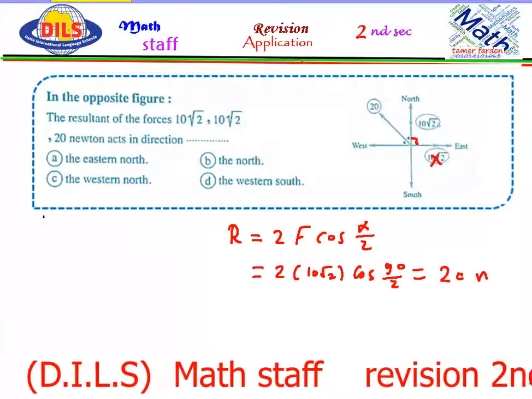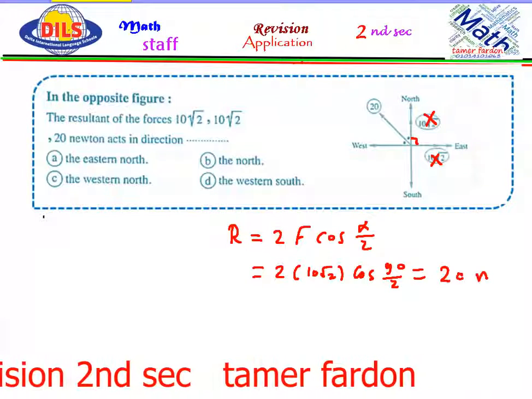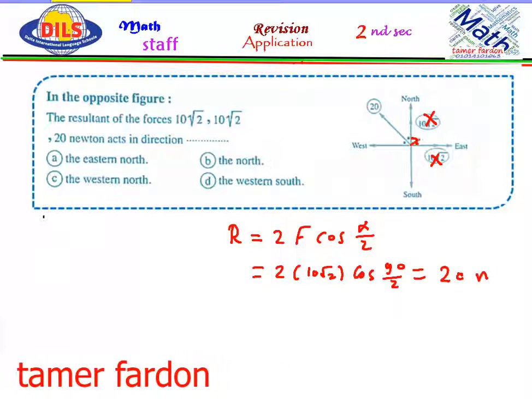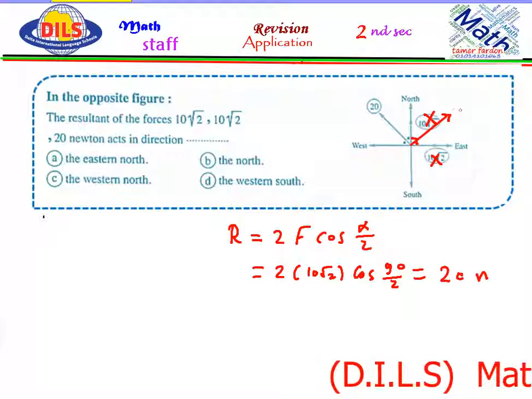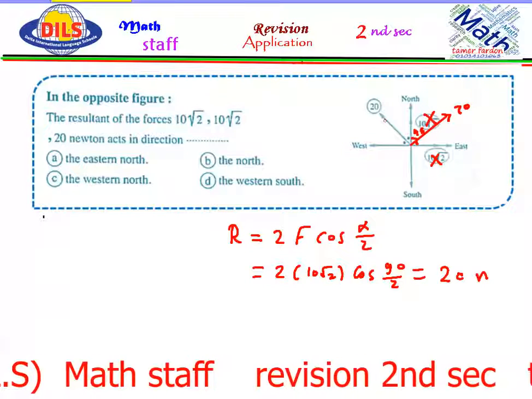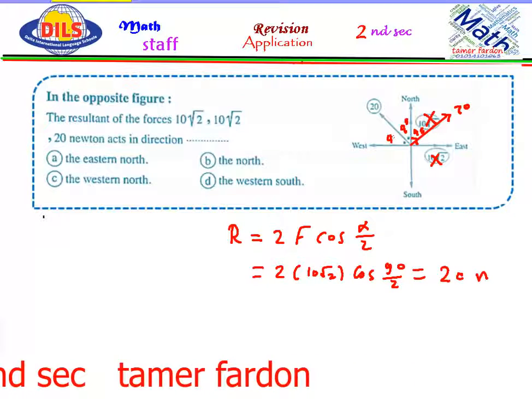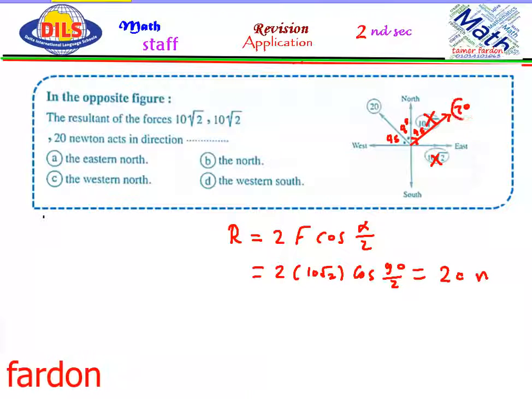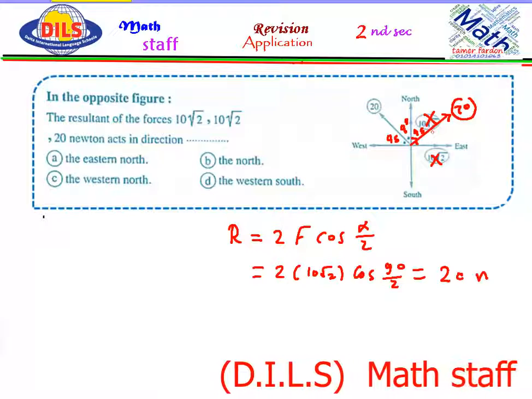Now we can replace the two forces 10 root 2 and 10 root 2 by only one force, which is 20 acting in the direction northeast. So the angle between 20 and the north is 45. Also between 20 and the north in the opposite side is 45. Now we have two equal forces. The angle between them is 90 degrees, so their resultant will be